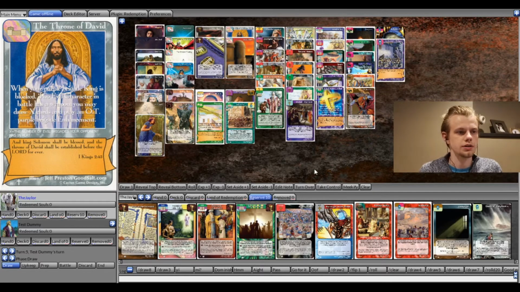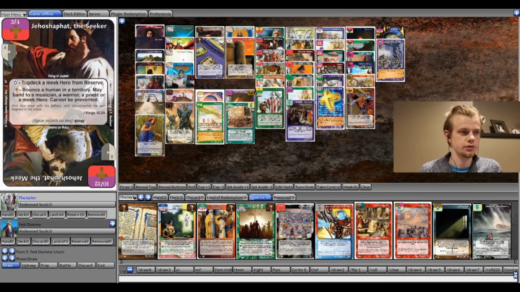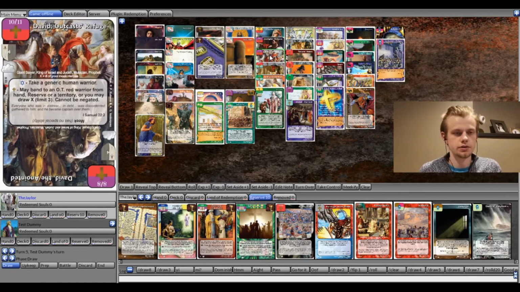The top decks at Nationals were all Throne this year, and that's because, well, I mean, it's kind of crazy good. Samuel got banned, but some of the cards that came out in Lineage of Christ, like Joshua, Jehoshaphat, and David Outcast Refuge / David the Anointed, all made it so the Throne was still pretty much as good as ever. Lots of relatively new additions. It's a little bit different from the Throne deck that I started this channel with, that was using the Lineage of Christ Throne, but still had some of the same